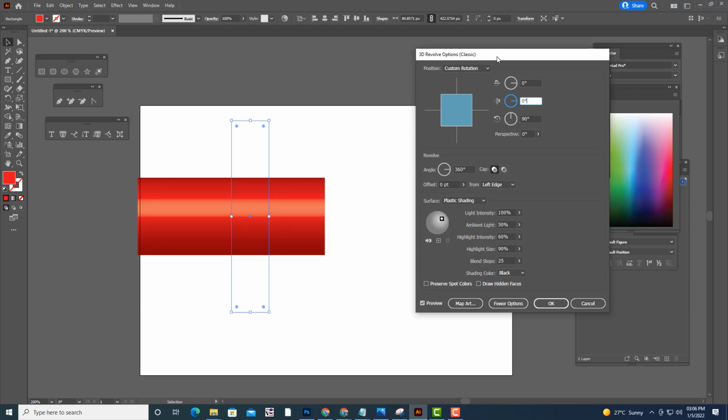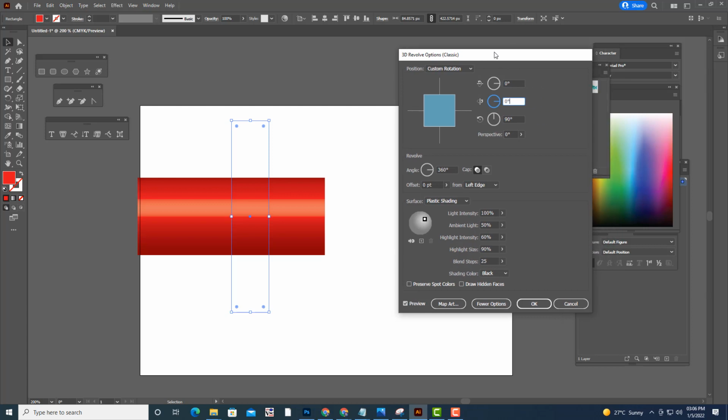Then what is the next step? This is a very important step. Just now we have created one symbol, and now we are going to use that symbol in this revolve option.